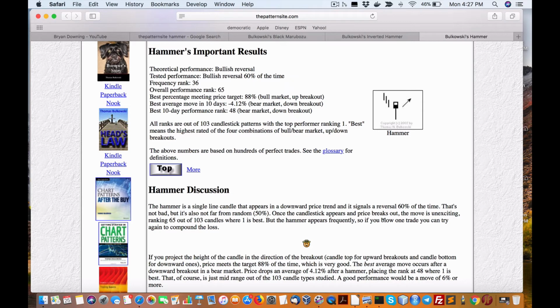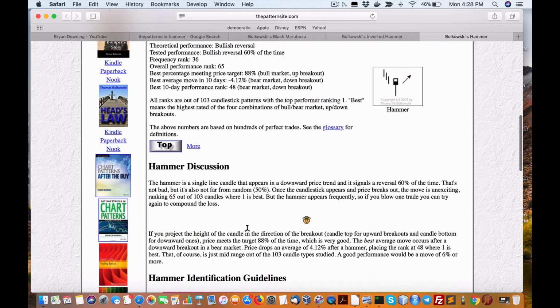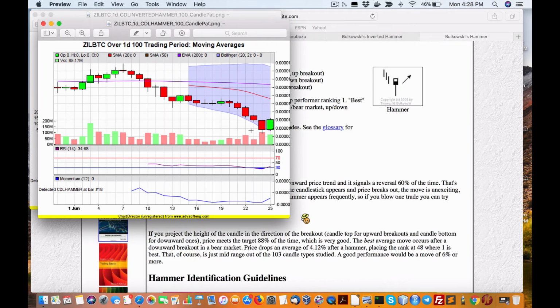Once it appears, the price breaks out. The move is unexciting, but the hammer appears frequently. So if you blow one trade, you can try. Okay, so what we figure, once again, it's